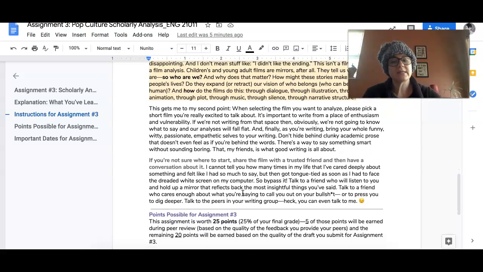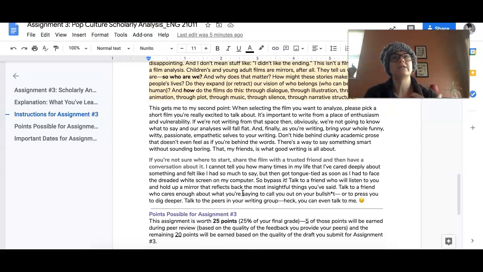And the other thing too is that if you're not sure where to begin, I really do suggest that you watch the film with a friend and just have conversations about it. Sometimes when I'm stuck, I will have a conversation with a friend, and I'll have that friend just kind of record me on my phone or their phone, and just kind of record the things that I say, because sometimes we actually know what we want to say, but we're having writer's block in terms of getting it down on paper. So I promise you that that helps a lot, okay?